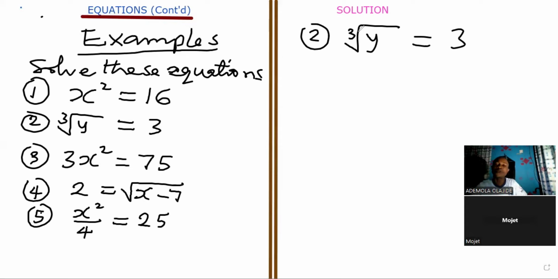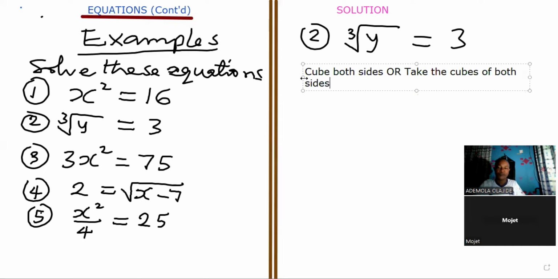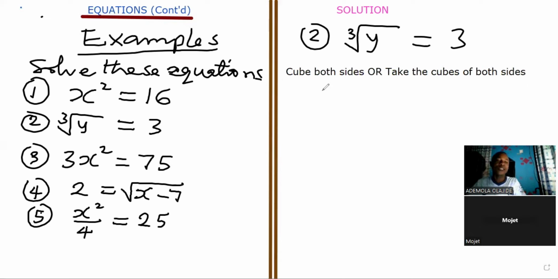So the opposite of cube root, if you want to remove this cube root so that you have y left, because you want to find the value for y and it's only y that we need there, what you do is either you say cube both sides, or you say take the cubes of both sides. Either way, if you want to do that,